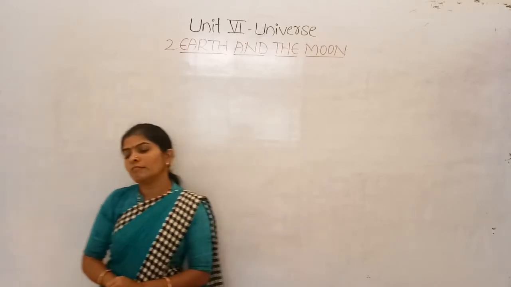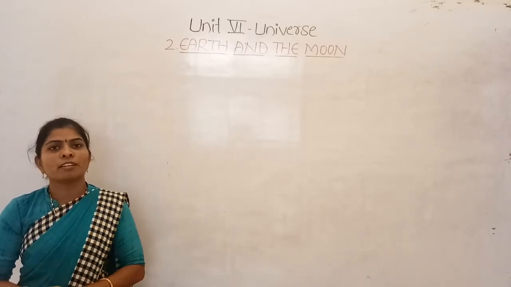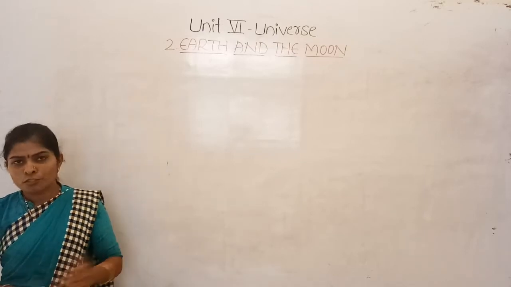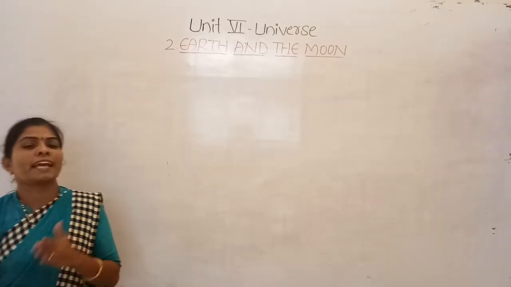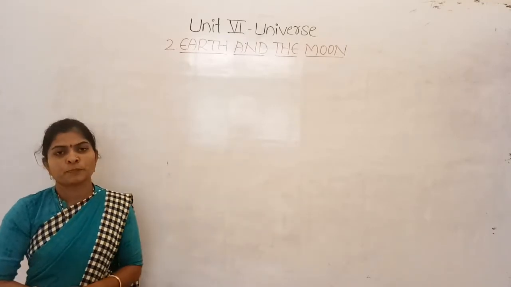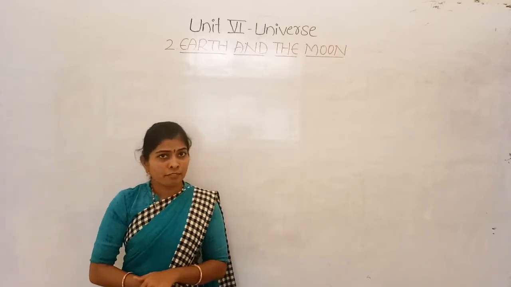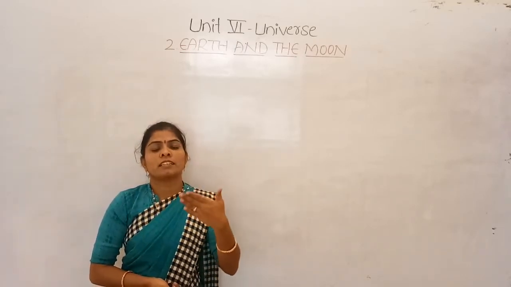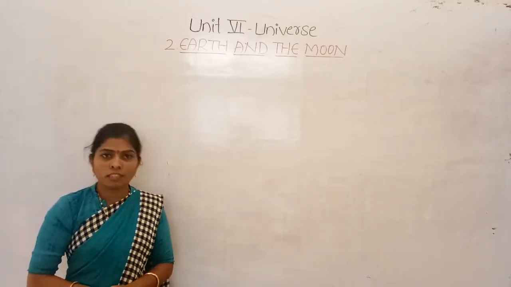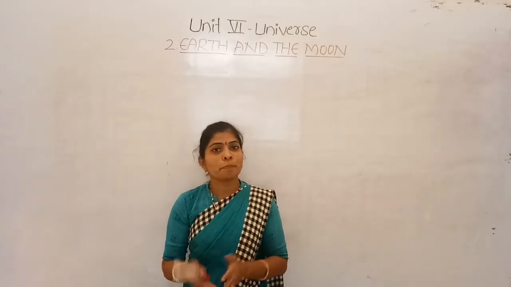And also we learned about the movement of the moon. In that we have learned how the moon is moving around the earth. The moon is moving around the earth in an anti-clockwise direction, it means from the west to east. And as we know that it takes 27 days, it shows differences in its speed when it is revolving around the earth.